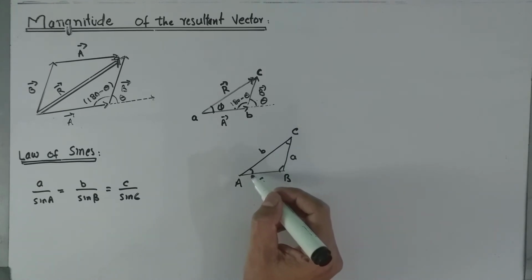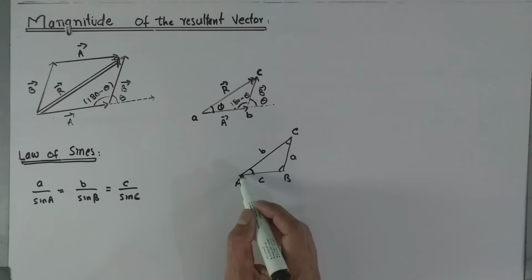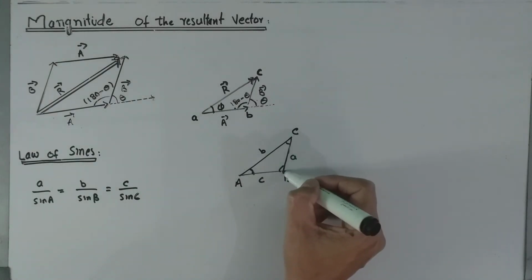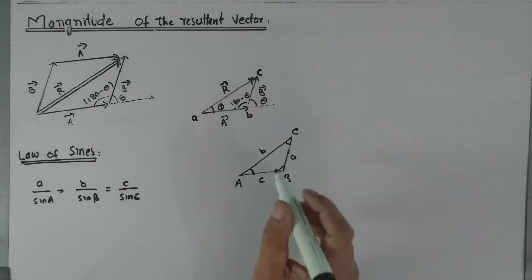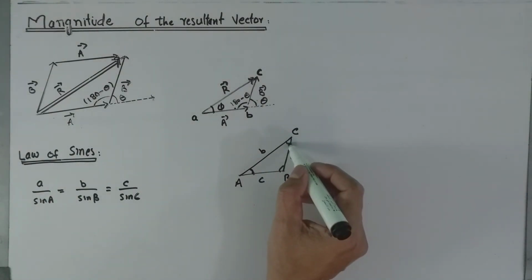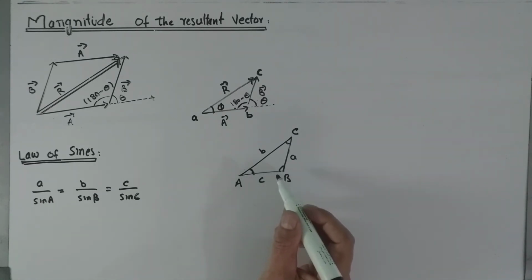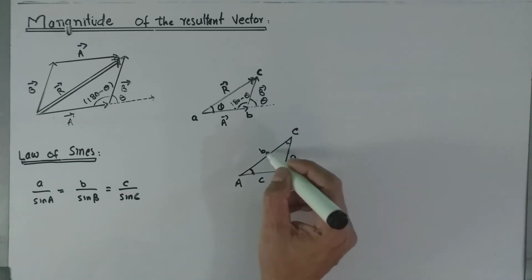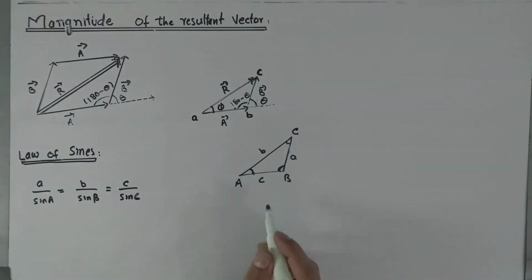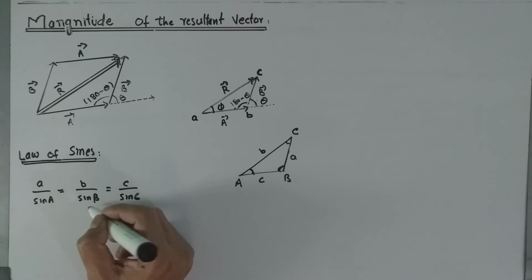One angle and the side opposite to that angle make one pair. This is angle A, and the side opposite to this angle is side a, or BC. So this makes one pair. Angle C and the side opposite to it, side c or AB, make another pair. Angle B and the side opposite to it, side b, make another pair. So a upon sine A is equal to b upon sine B is equal to c